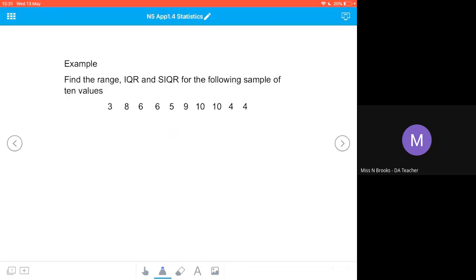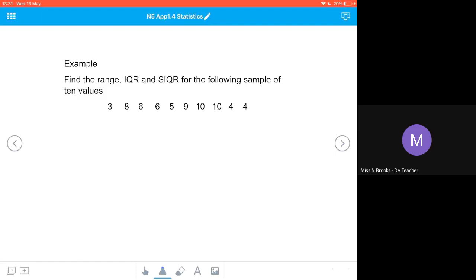So let's look at an example. We're going to find the range, the interquartile range, and the semi-interquartile range for the following sample of 10 values. So, in order to be able to work out the quartiles that we need to put into our interquartile range